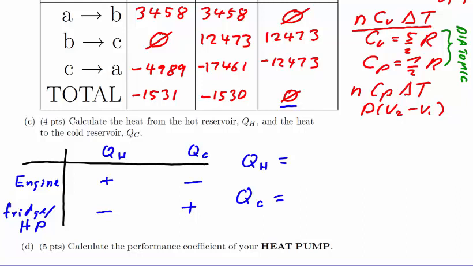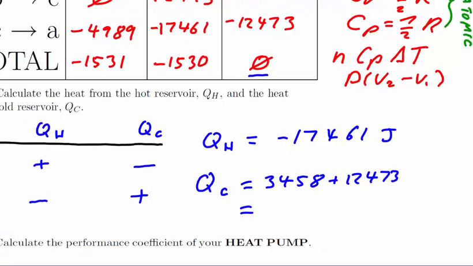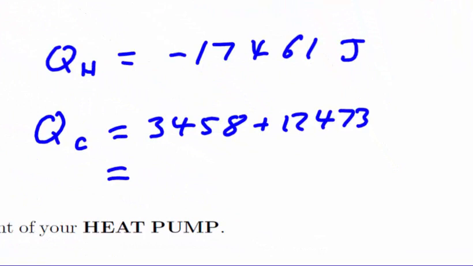We recognize here that Q hot is going to be the place where heat is dumped, and as a result these will be negative heats, and there's only one of them, minus 17,461 joules. The cold place is where you take heat in, and we notice there are two contributions to heat coming in, both process A to B and process B to C, meaning that the total Q cold is equal to the sum of 3458 and 12,473, leading to the result